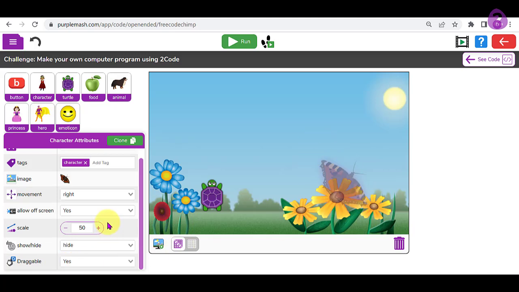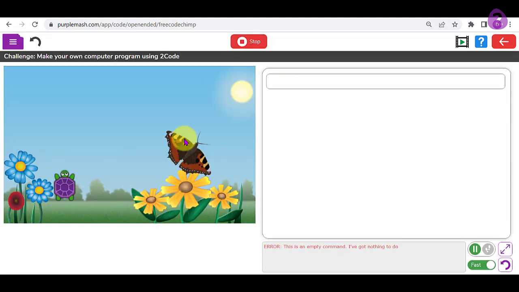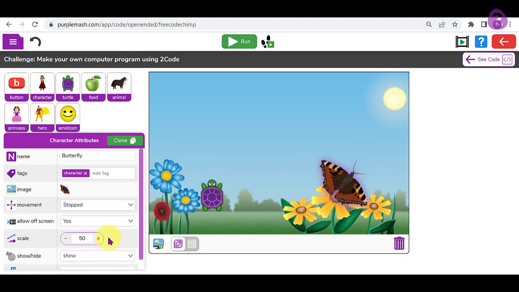Now I'll need to make it visible so you can see how that works. Let's stop her movement as well and let's run the code. I can now drag my object around the screen using my cursor and my trackpad. Once I have changed the character attributes of my object on the screen, I could then clone that character by